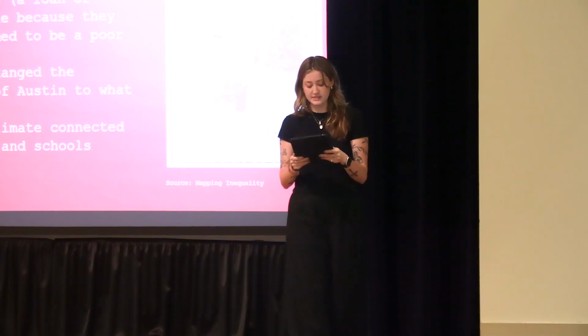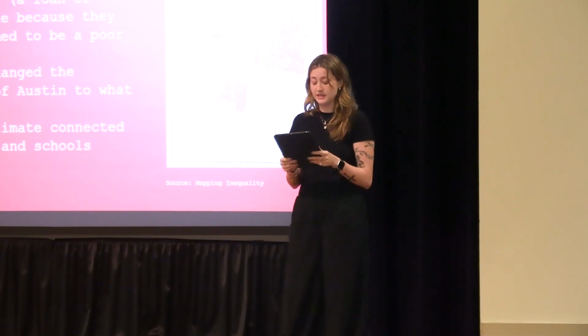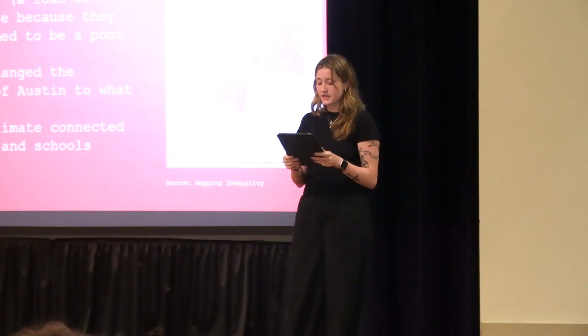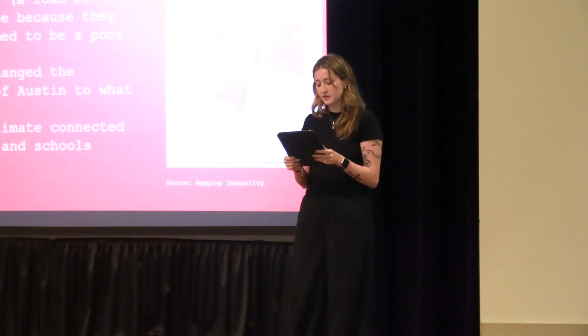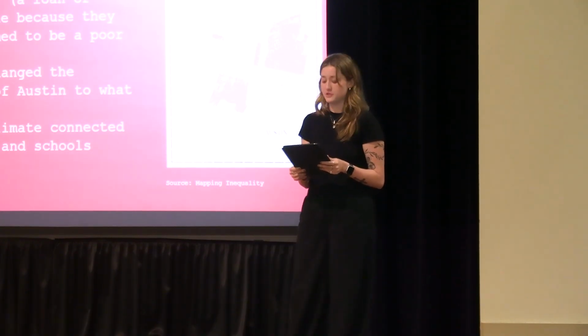Koch and Fowler used this information to redesign Austin and rehome its privileged population into the desirable areas while kicking out and moving Austin's Black and brown community to land that was literally deemed hazardous. What's important here is that this wasn't just policy. It was visualized and reinforced through maps.